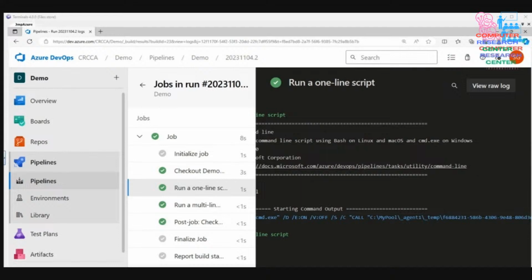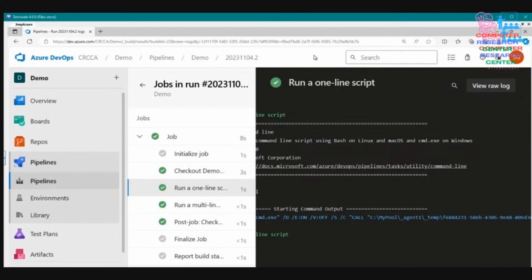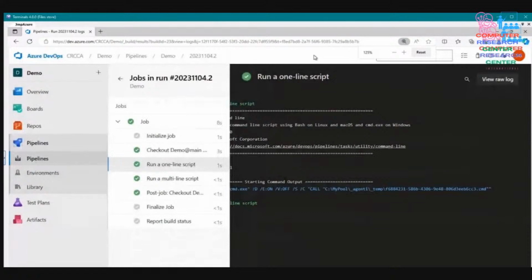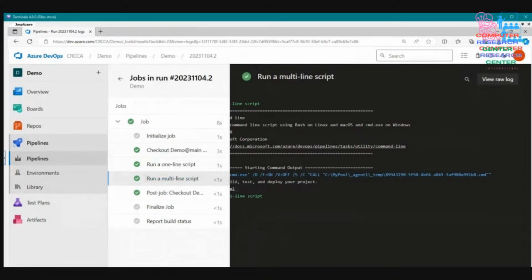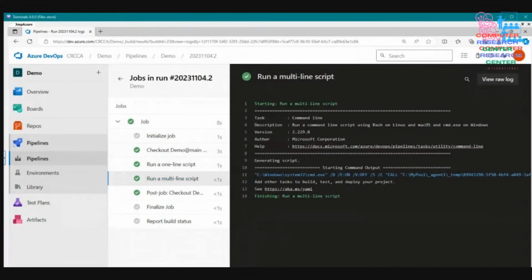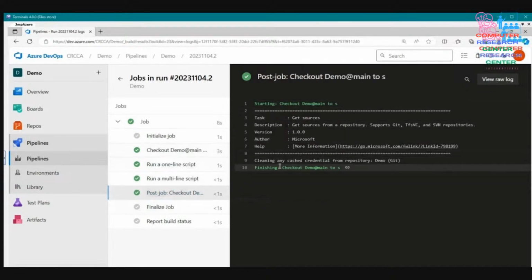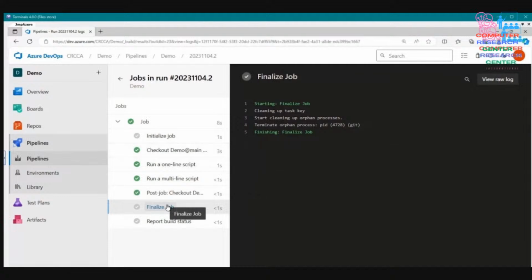Anyway, so I will make it smaller again. So this is what we see here. From here, we will check the multi-line script now. Okay, so multi-line script, the same way. The display name is shown here, and the task command line, right? And generating script and everything, right? Both check, right? Okay. So after completing everything and finalize job,